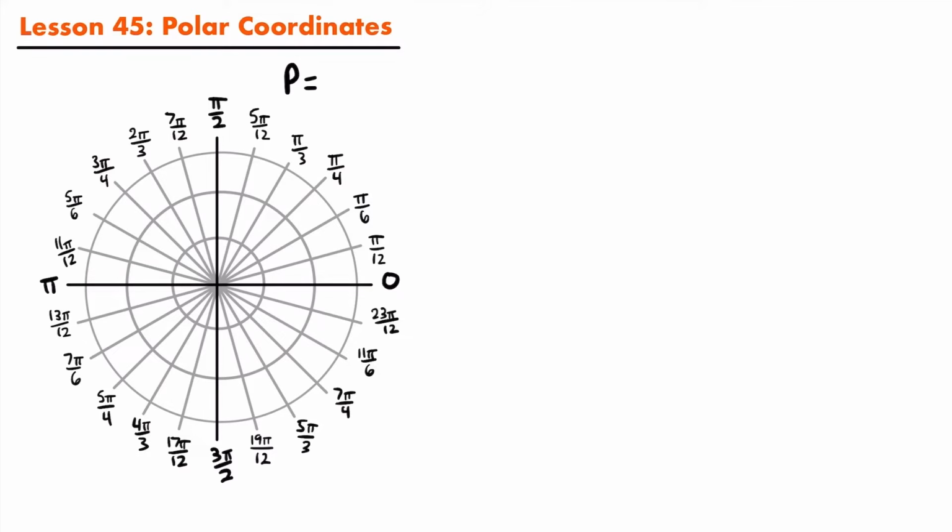I'm going to say P is equal to (2, pi divided by 3). This is a polar coordinate that we can plot in this system. The radius r is 2, and the angle theta is pi divided by 3, right? A polar coordinate has the radius first and then the angle. All right, and so when you plot a point like this in the polar coordinate system, I recommend that you start with the angle. And so let's take a look at the rules for measuring the angle of our point